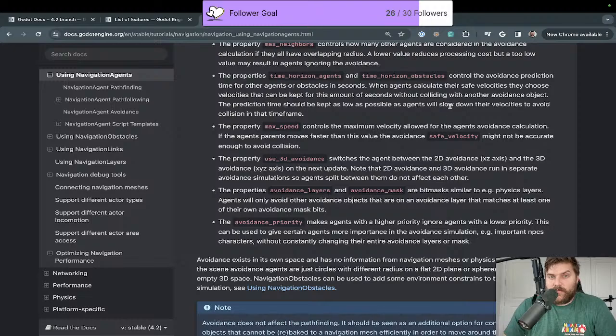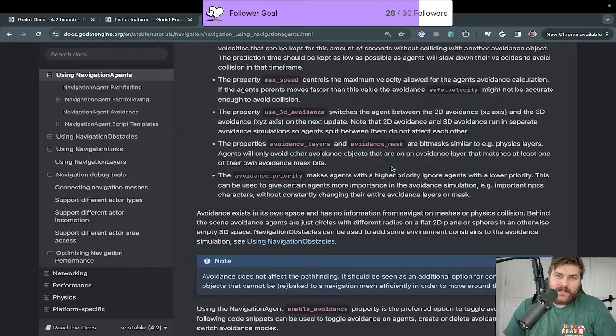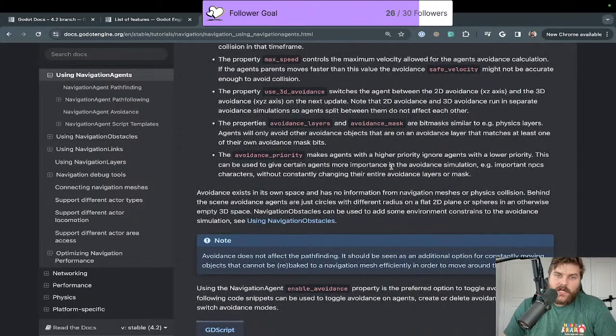The prediction time should be kept as low as possible, as agents will slow down their velocities to avoid collision in that time frame. The property max speed controls the maximum velocity allowed for the agent's avoidance calculation. If the agent's parent moves faster than this value, the avoidance safe velocity might not be accurate enough to avoid collision. The property use 3D avoidance switches the agent between the 2D avoidance XZ axis and the 3D avoidance XYZ